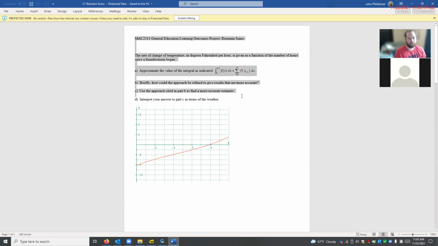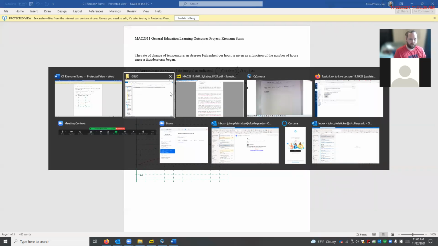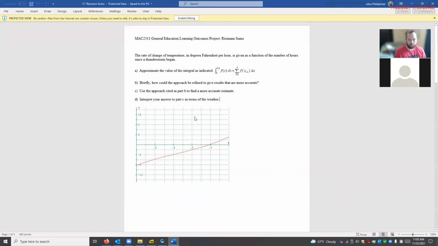I'm going to be posting this worksheet in PDF form, hopefully a little bit prettier. I'm working on converting it to a tech document now, to Canvas. I will need you guys to download, print, fill out, and then scan and upload this worksheet. It's just these 4 little questions. You're given the graph of a function f down here, and we want to approximate the value of the integral from 0 to 0.8 of f of x dx using this Riemann sum.